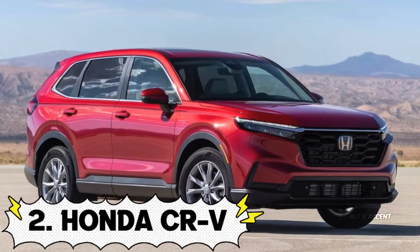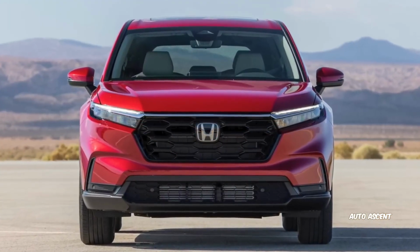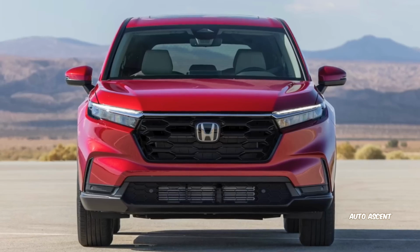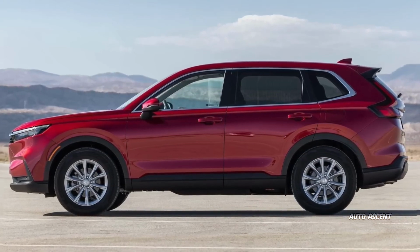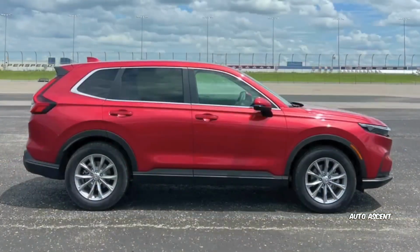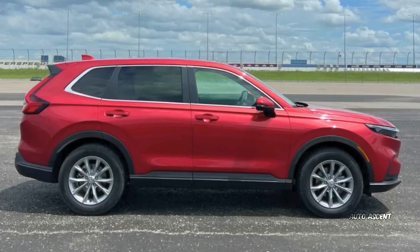Number 2. Honda CR-V. The 2025 Honda CR-V is what smart American buyers choose when they want an SUV that doesn't just look good on paper, but actually delivers year after year. Starting at around $30,000, the CR-V blends long-term reliability, excellent fuel efficiency, and everyday practicality into one of the most well-rounded compact SUVs on the market, earning an impressive 82 out of 100 in Consumer Reports' predicted reliability rating and